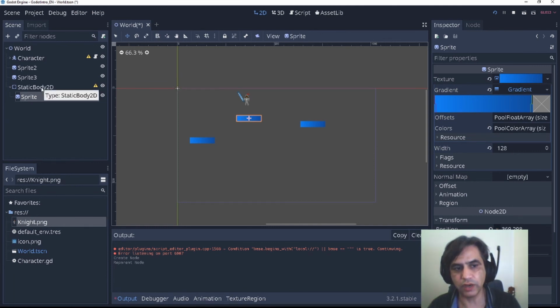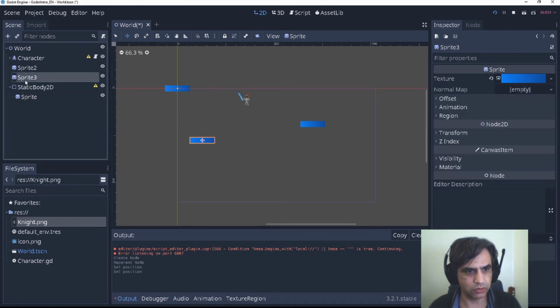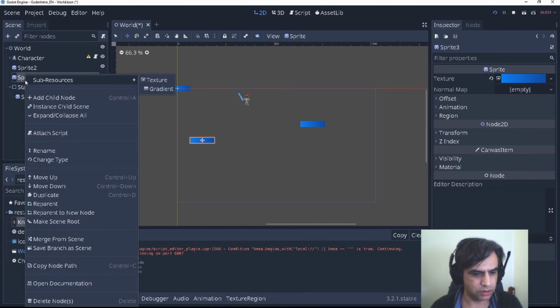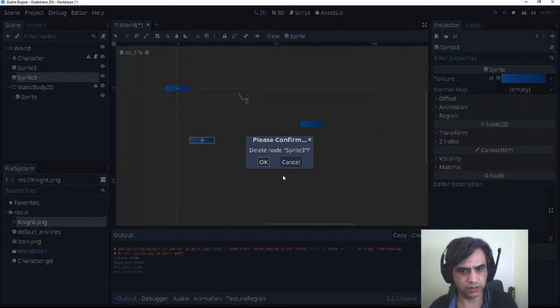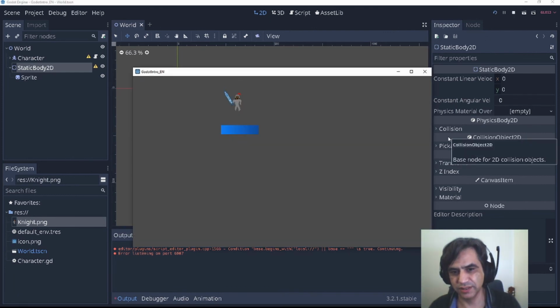I'm going to move afterwards the static body. So the position, I'm going to say that it's 0, 0, it's there. By the way, I'm going to delete these two. I can press like this, delete. I'm going to move this here. So as I said, this is not enough. So we are still falling.